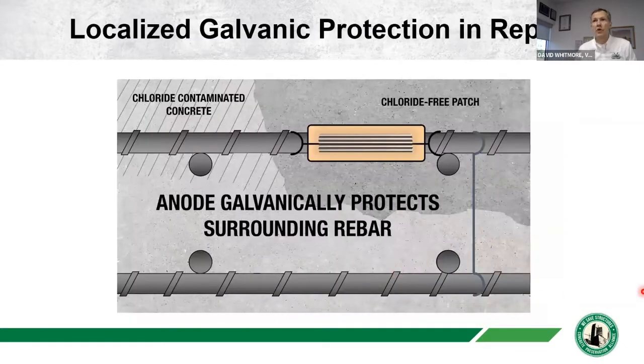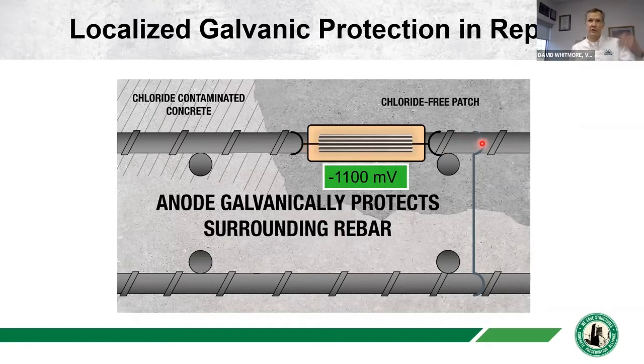Now, the most common application for galvanic anodes is in localized repairs. The reason galvanic anodes are used in these applications is because, assuming the galvanic anode remains active, its electrochemical potential is going to be more negative than the steel inside the concrete. And when I say that, I mean it should remain more electronegative than the steel within the repair itself, which